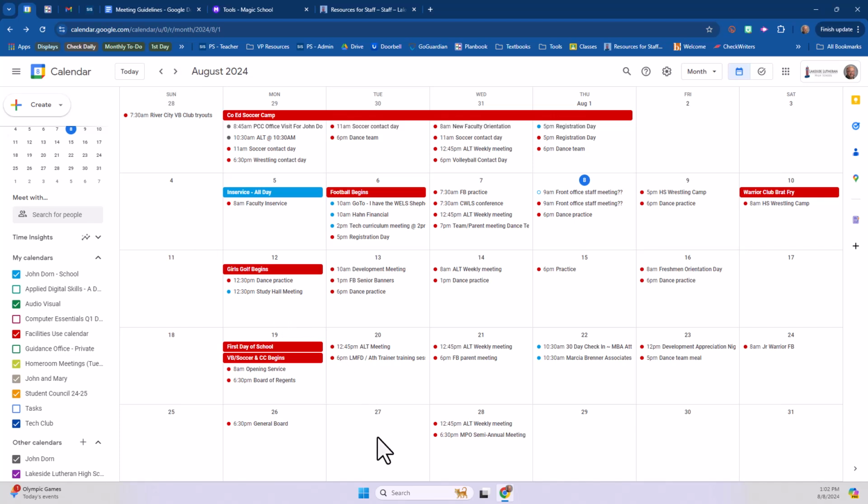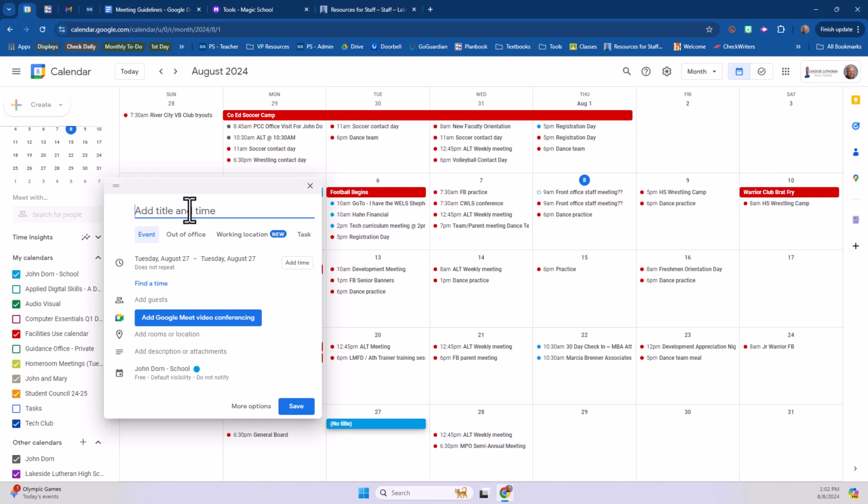So let's say I want to have a meeting on Tuesday, August 27th. I'm going to put student council, location, lunchroom, and then I will put down 17 students. So name of your group, location, number of students approximately, and then down here where you're saving it to a